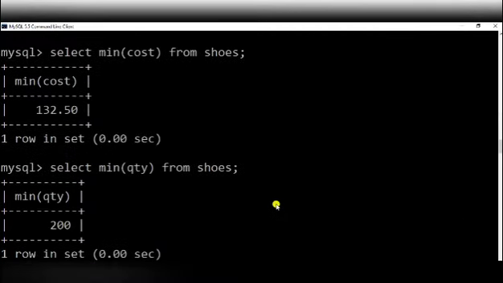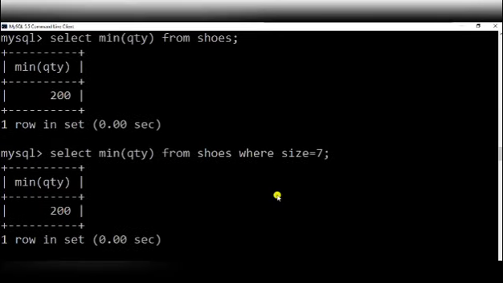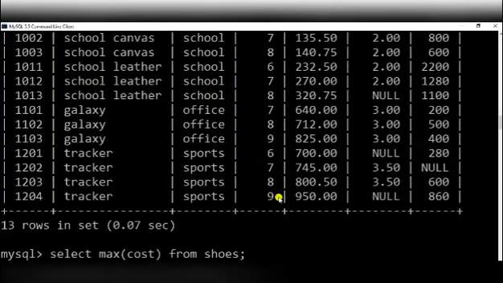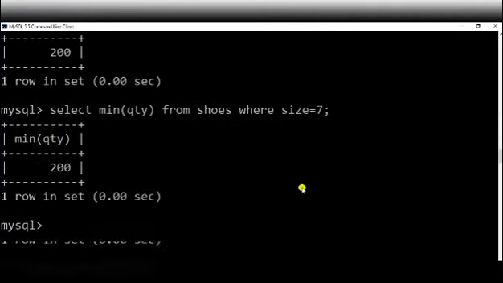So I'll put a where condition on this: where size is equal to 7. So it is also 200 coming. That 200 was of size 7 only. So let us change.